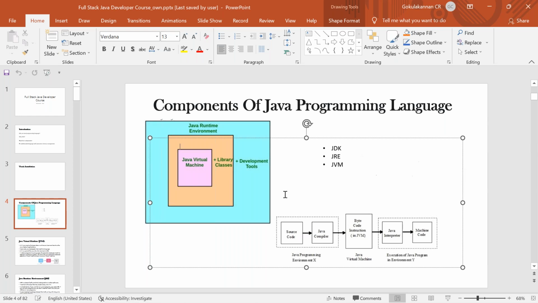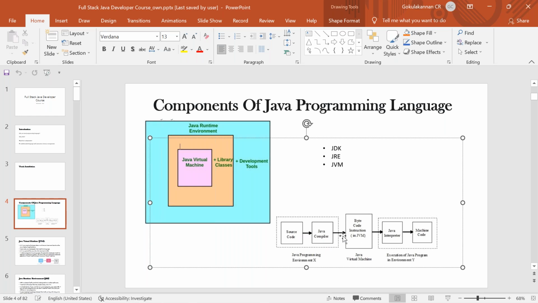So let's quickly go through this chart at the bottom. I am writing something called source code. I'll be writing some code, a .java file, and that is called source code. That will be compiled, that is, I will be converting the plain code into a class file. That will be done by the Java compiler.